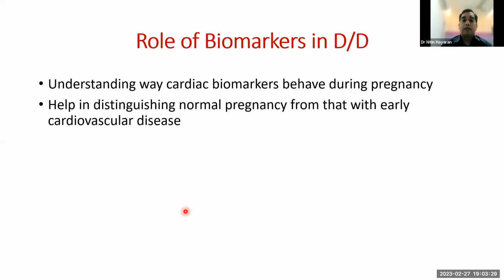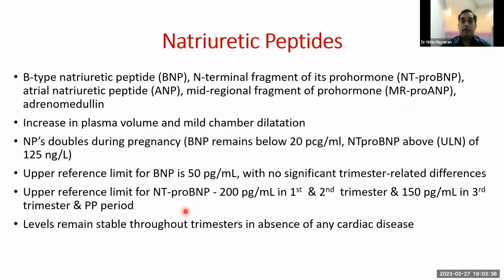The way they behave helps in distinguishing the normal pregnancy from that with early cardiovascular disease. The investigations most commonly done are either BNP or NT-proBNP, which denotes the ventricular release of peptides in response to stress on the myocardium, as well as atrial natriuretic peptide, mid-regional fragment of prohormone, and